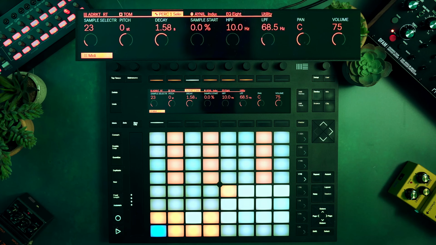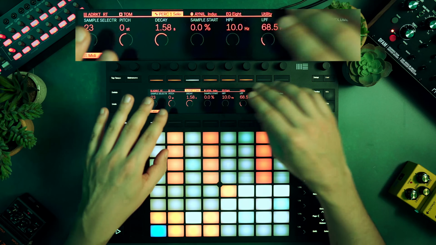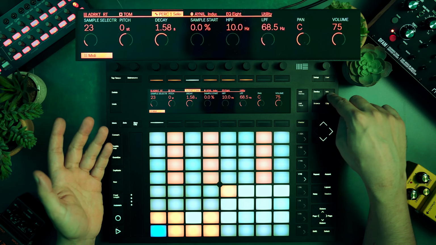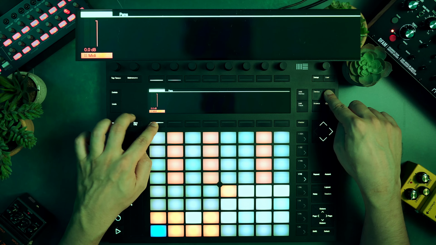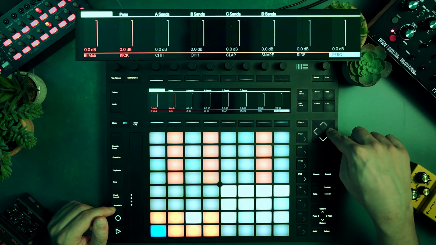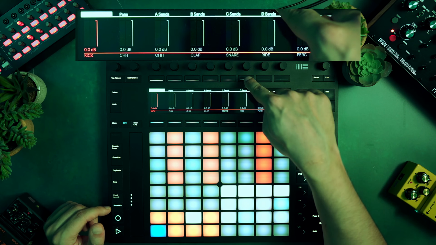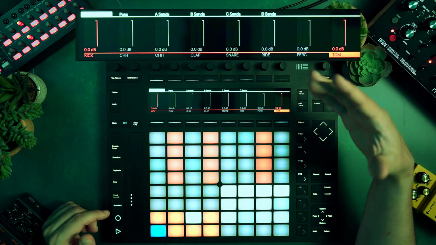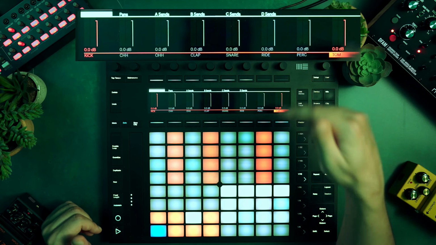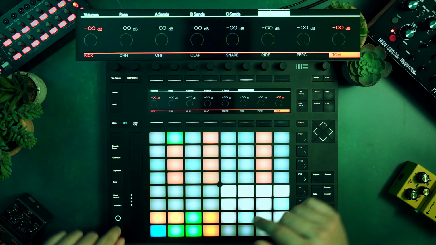Don't be shy to even go like. Alright, so I still feel like it's missing a little bit of movement, and the cool thing is that this rack, I haven't used it yet, but you have as well some return. So if you click on mix, let me open here, and I'm gonna go to the tom here, and you can see I have different sends. So the G send, the return G, it's kind of a delay reverb FX, but I'm gonna use it to add movement to my tom. So I'm just clicking here, and